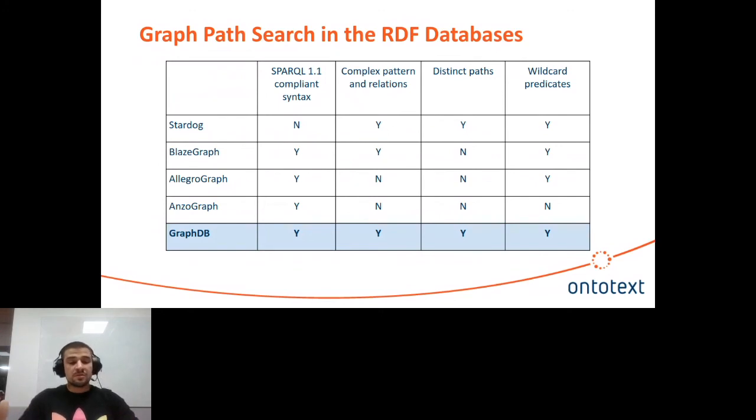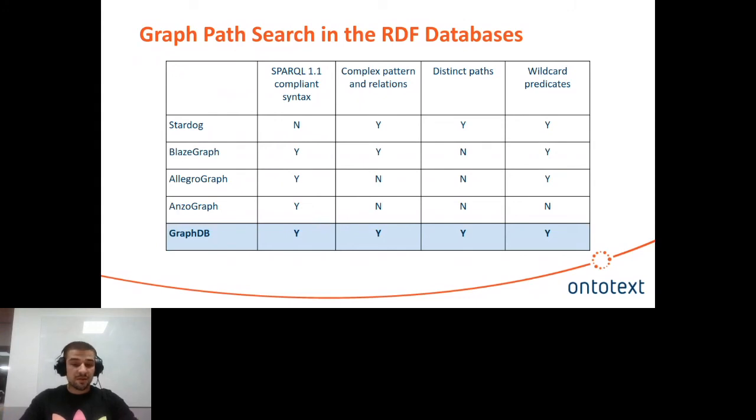So that would include where we don't know whether there is any relationship between the resources and we just want to find whether there is any nested triple or any type of relationship that connects them. And we're happy to say that we support all of these functions, and we plan to develop even further our